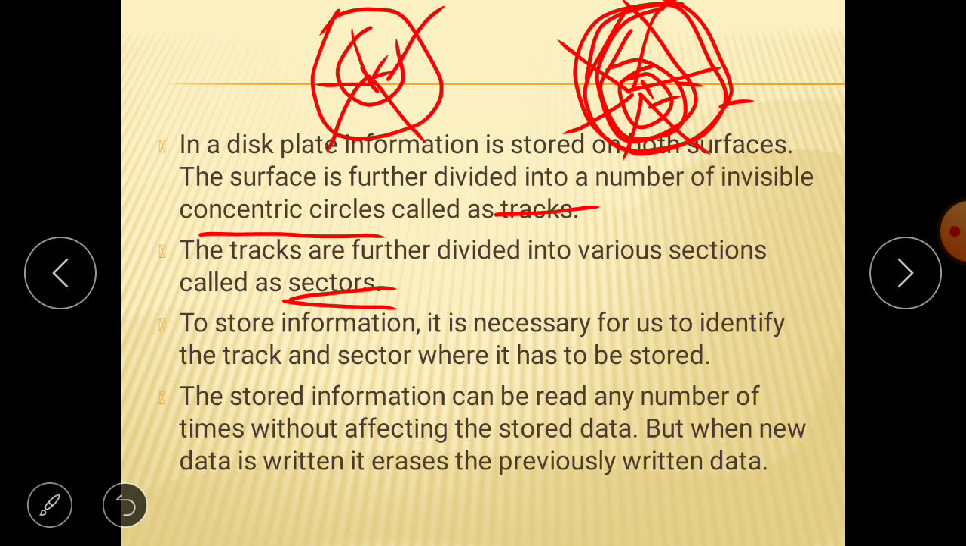These are called sectors. Fine. So here we have one single center, and different radius circles around it. Those are called tracks, and those tracks are further divided into what are called sectors. Fine. Now,